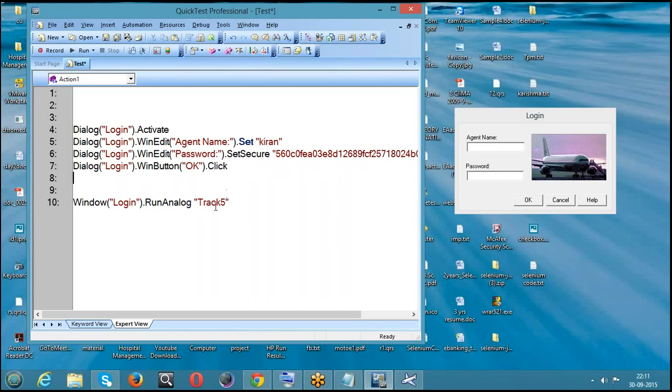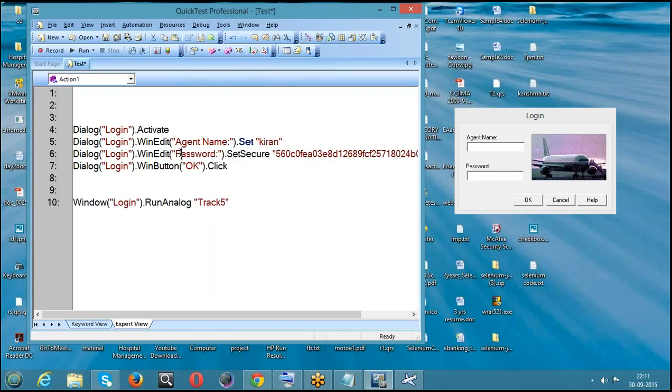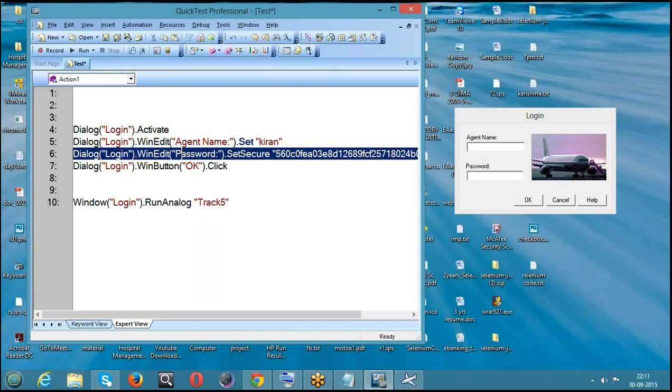But in analog, if one line corrupts, the whole script will not work. Clear? Here in standard, if there is a problem with one line, just edit it and it starts working. That is the advantage of standard. Analog has mouse movement, which standard can't do. So only in that special case, whenever we want a mouse movement, we use analog. In all the rest of the cases, we use standard recording only.